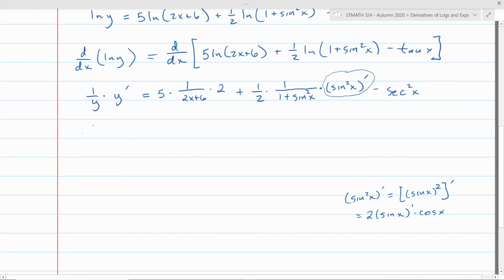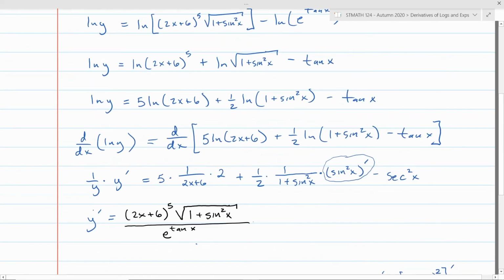So going back to my problem, I'm going to solve for y prime by multiplying both sides by y. And then I'm going to remember what y is equal to. And then I have all this stuff. Looks like I'd have,